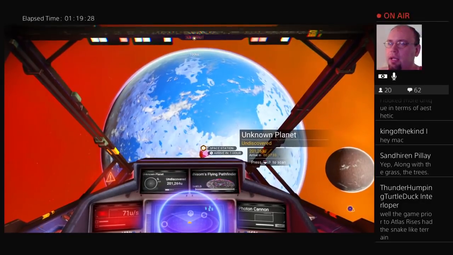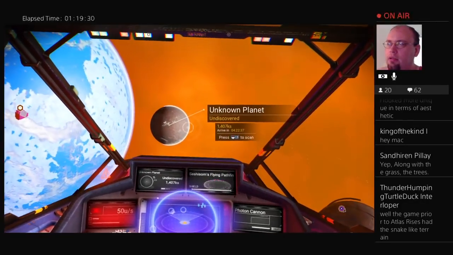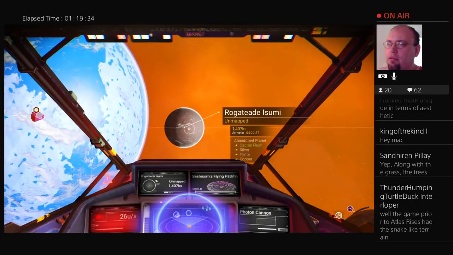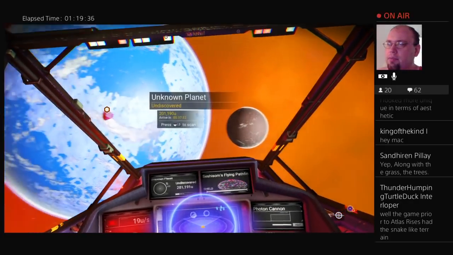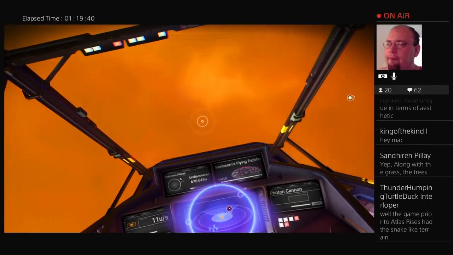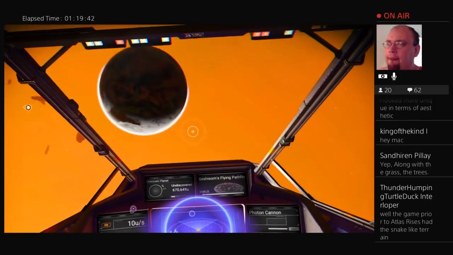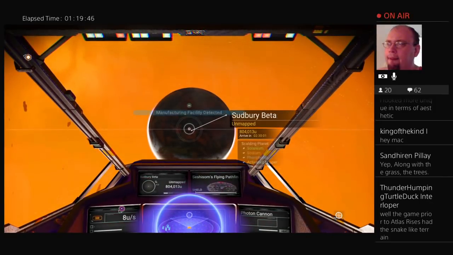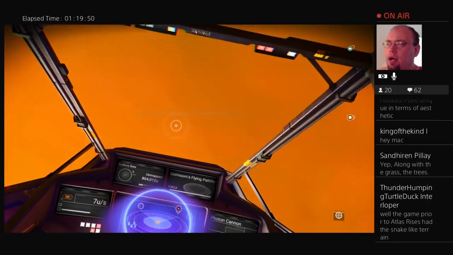Oh man, that's an ocean planet. That's no good. I need non-ocean planets for scanning. That cactus planet might work. That's an ocean planet. That's a hot planet. We'll try...